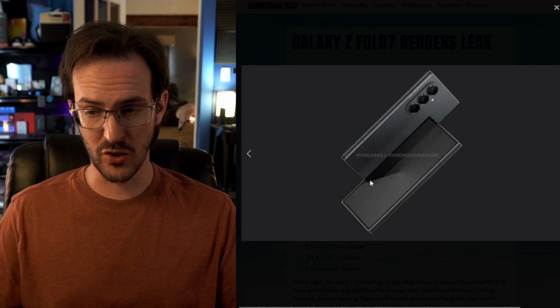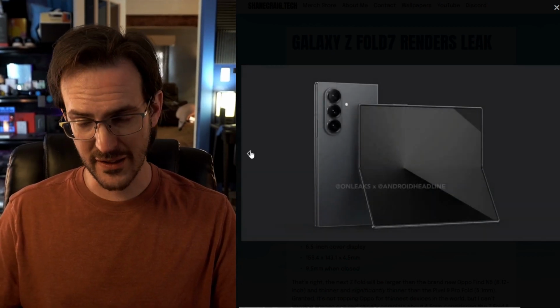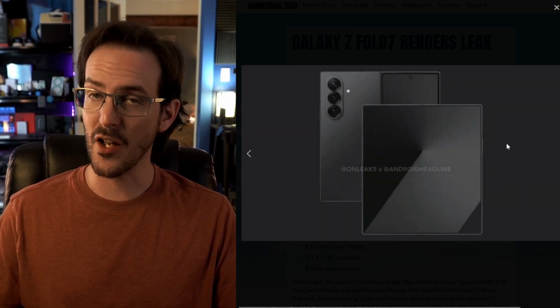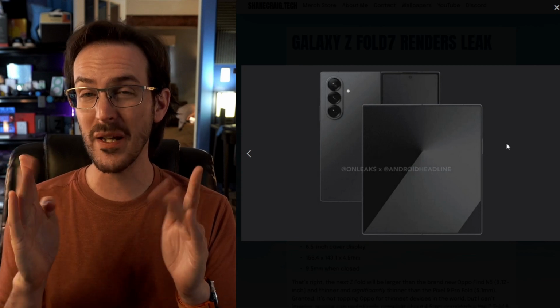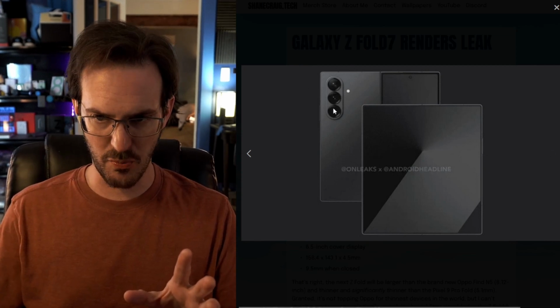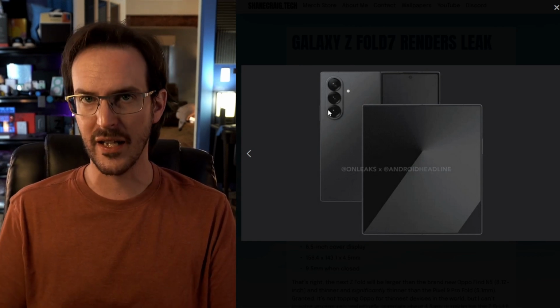Now look, I might be on the more positive side of things, but I'm actually very excited about the Z Fold 7. I love how thin this thing is actually looking. It's going to fit in your pocket quite nicely. I love the fact that they are finally doing away with the skinny cover display. I also love that that means the inner display will be a little bit wider for split screen app users like myself. The new primary camera is great to see. Also, it's basically doing everything I need it to do, and the cherry on top is going to be One UI 7, which I have really, really enjoyed